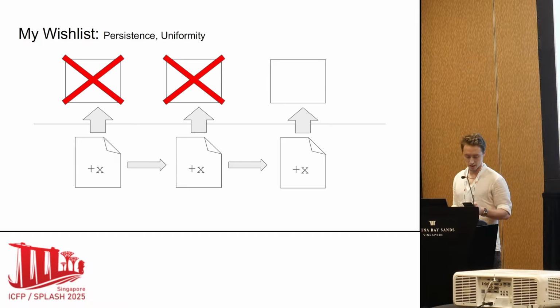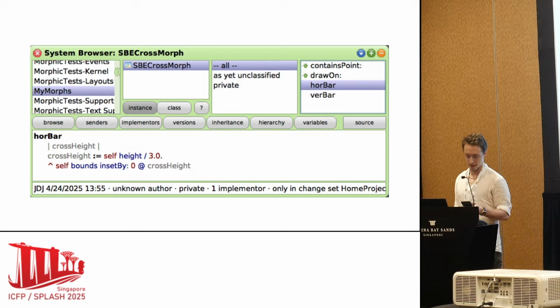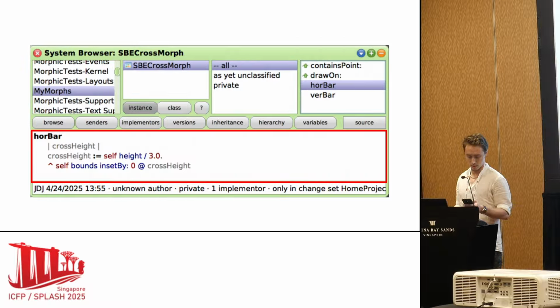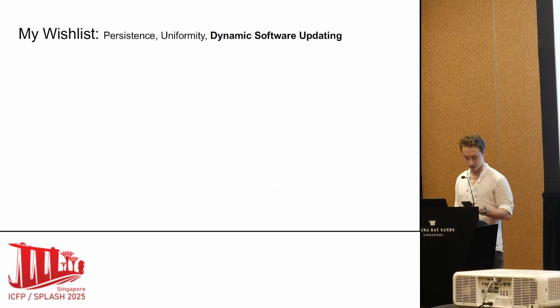It's also very annoying to have to restart my application or game because I want to change the code or fix a bug. In many programming languages, it's not possible to update a program while it's running, or it's at least not easy. Of course, there's been a lot of research into hot patching and dynamic code updating in certain languages. But why doesn't Smalltalk need any of this? In Smalltalk, you can just browse to the method you want to change, edit the code, and feel the effects of the update anywhere the method is used. And it's been this way since the beginning, over 40 years ago. So dynamic software updating also goes on the list.